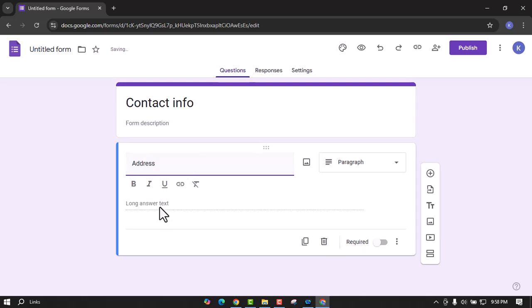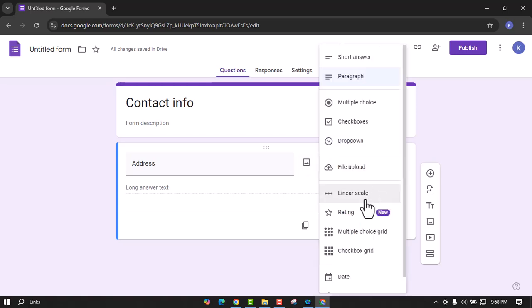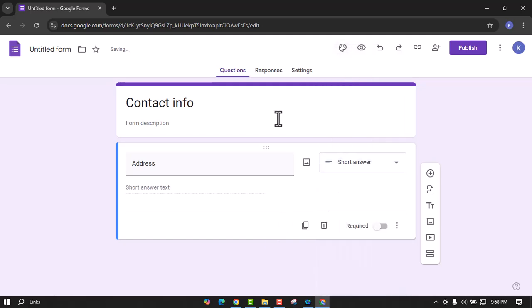address, and here give your long answer text. You can also make it different types like multiple choice grid, checkbox grid, or multiple choice checkbox drop down, any type of choose. So I'm giving a short paragraph, and here if you just mark it required, it will give